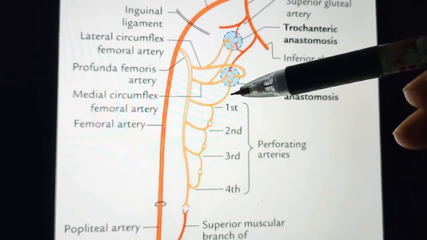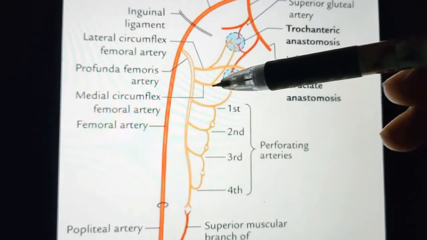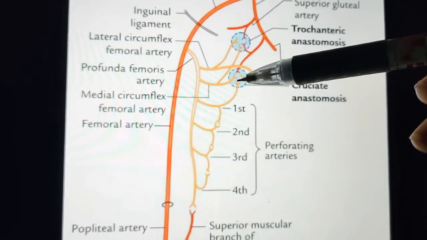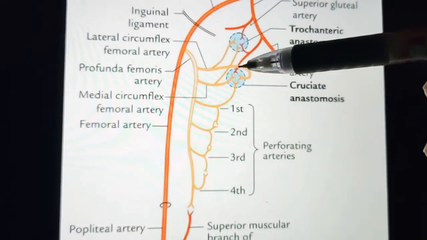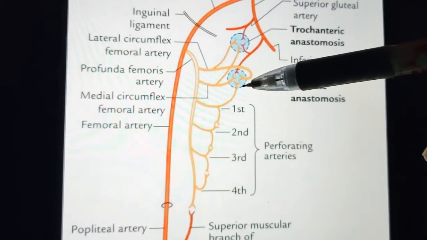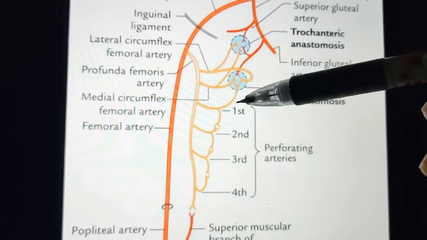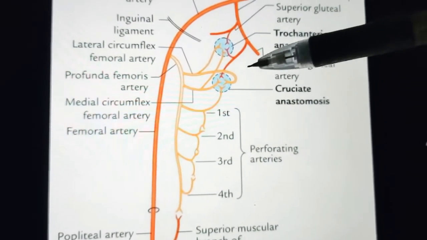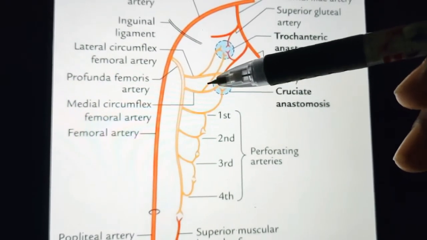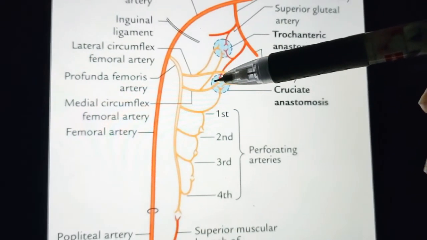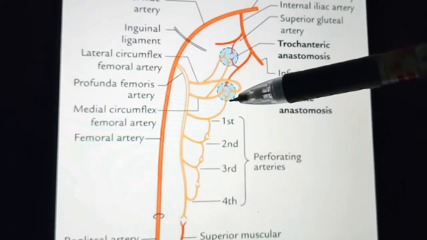Okay, and also medially by the transverse branch of the medial circumflex femoral artery. So the medial circumflex femoral artery also comes here, and laterally by the transverse branch of the lateral circumflex artery. So all three are here forming the anastomosis. This is a connection between the internal iliac and femoral arteries. Why? Because here the inferior gluteal artery is again an internal iliac artery branch, and these are the lateral circumflex femoral artery and medial circumflex femoral artery. These are of the femoral artery.